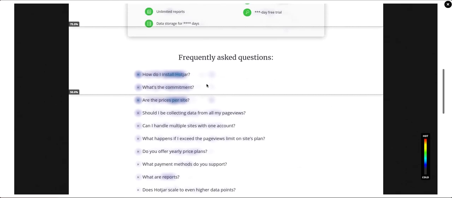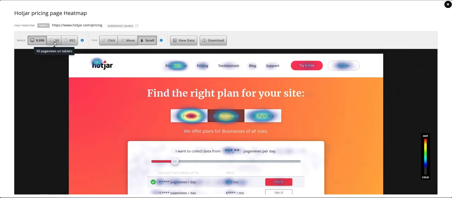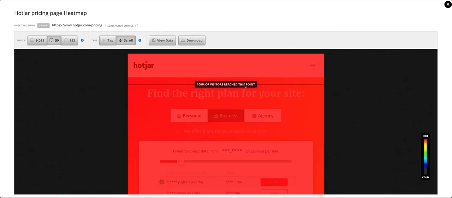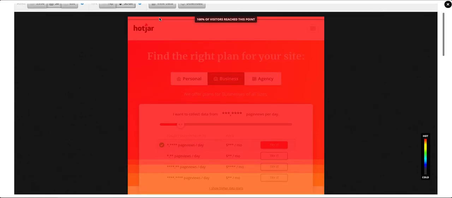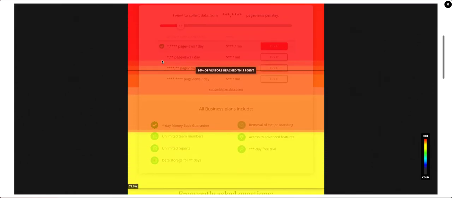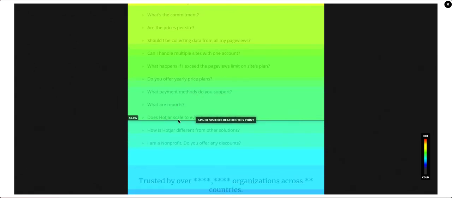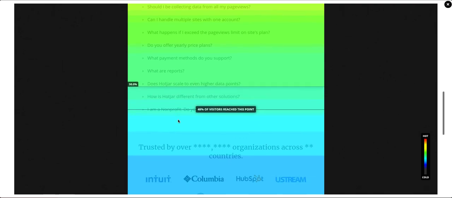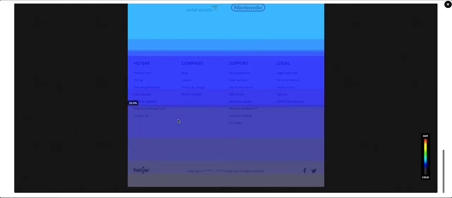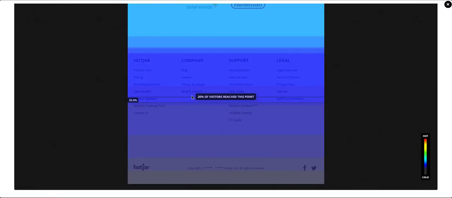We can see in a second when you go into those two areas, you can see this hot and cold scale on the right hand side. Hotjar shows right down to here. Most people are here. Again, it just starts dropping off to cold as you come down towards half the people visiting this level of the page, going down towards 25% hitting the bottom, which is not uncommon because again you do a lot of this